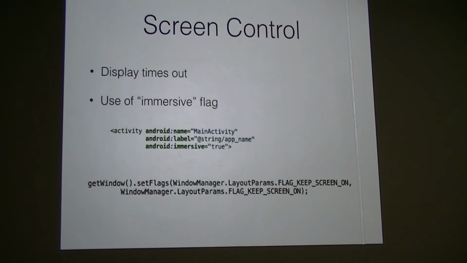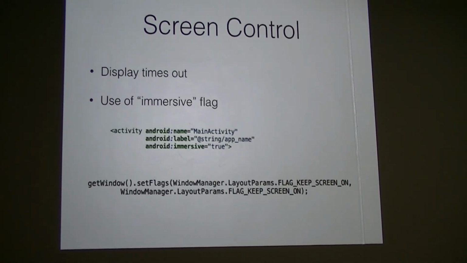So there are a couple of ways you can work around this. First is if you want to keep the screen on all the time when your app is running. This can be useful in games or even in the NavChords app, the second demo. The code at the bottom is a standard Android way of telling the system to keep the screen on all the time. I'm not sure whether this will be a recommended way, or maybe Google will scrutinize this, but maybe it's a valid case for certain apps, but obviously a battery drainer.